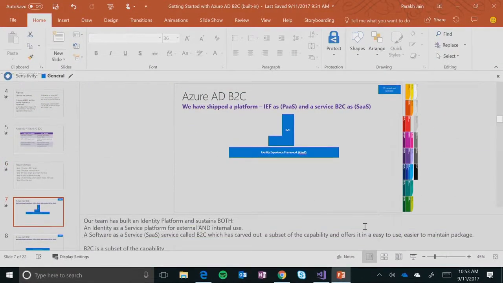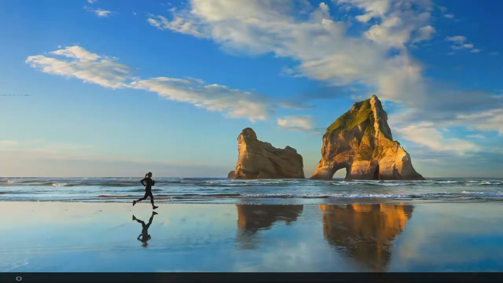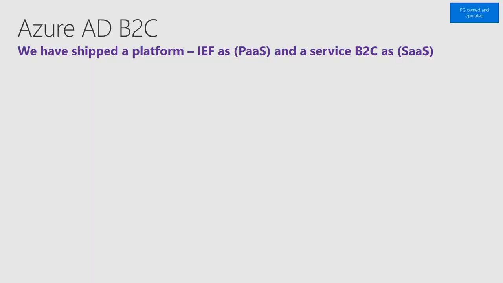Now, I'm going to step back just a bit and explain how B2C fits in the bigger picture. In the B2C team, what we've actually done is shipped 2 services, 2 offerings that let you build on top of each other.